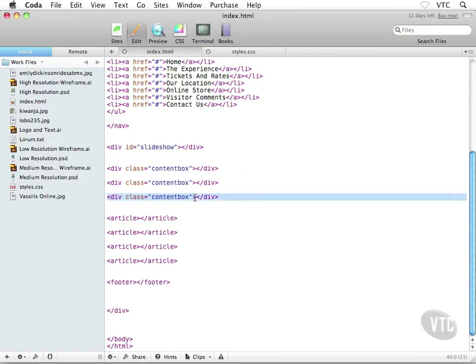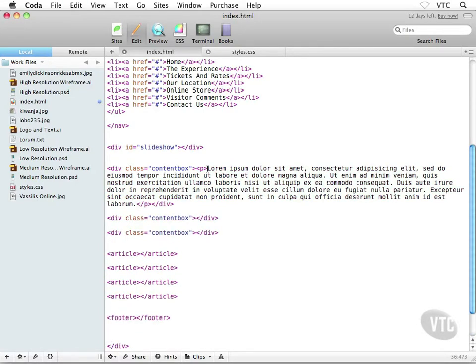But before I paste the content in, if I drop my cursor back into the first content box div, I want to make sure that this text actually appears inside a paragraph. Okay, so I'm going to quickly throw in an HTML paragraph by typing in open angle bracket P, close angle bracket, and I should wind up with this here. So open angle bracket P, close angle bracket, and then the closing tag, open angle bracket /P, close angle bracket. Okay, and it's inside the paragraph where I'm going to go and paste in the lorem ipsum placeholder text,